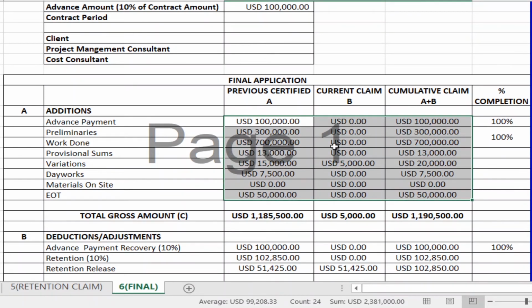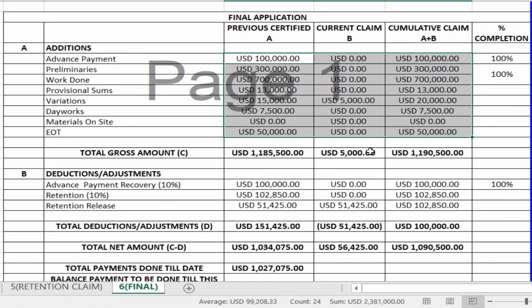You will also be giving a statement that there will be no further payments due to you. Whatever you have to claim under your final payment application is considered as your final payment. After that, you have no right to claim further.